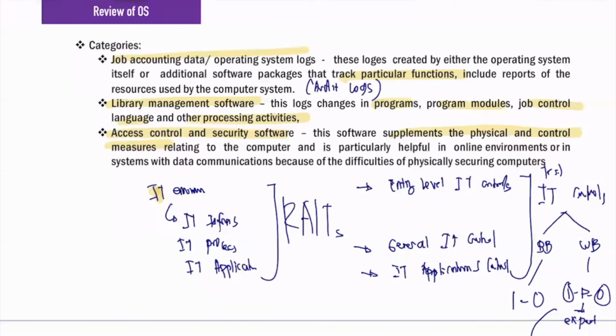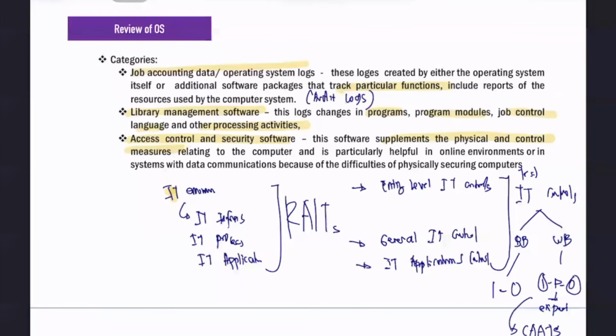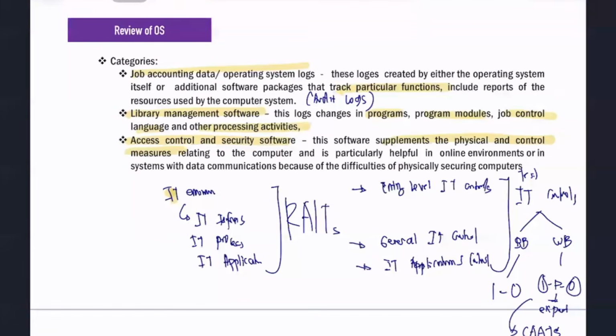But if you're an expert really, and you are knowledgeable in auditing this environment, then you can still do that test or test of control as to your review of operating systems and your continuous or concurrent testing. So that's it for your audit of CIS environment, or your auditing in an IT environment.